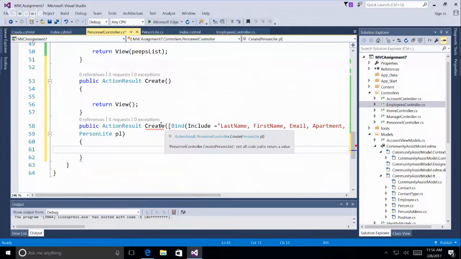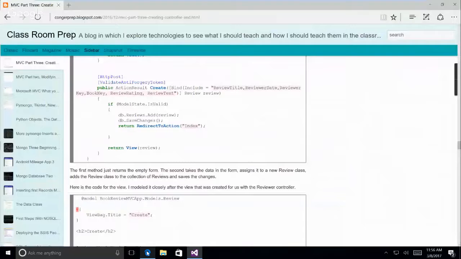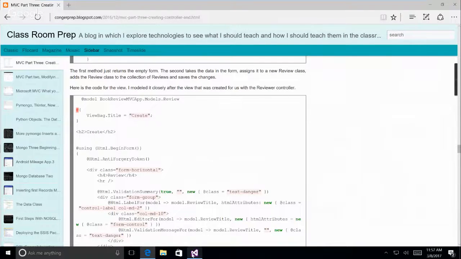And I think, what does it not like about that? Oh, because I don't have a return yet. Actually, does it take an action result? Yeah. And it returns the view. Now, we can't quite do this, but I have another one where we did, I know how to do this. So,